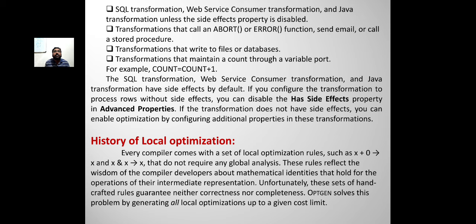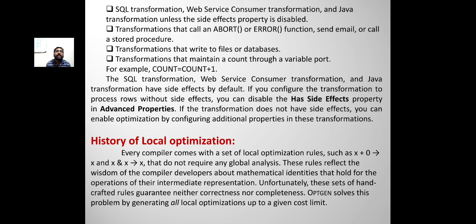The SQL transformation, web service consumer transformation, and Java transformation have a side effect by default. If you configure the transformation to process rows without side effects, you can disable the Has Side Effects property in advanced properties. If the transformation does not have side effects, you can enable optimization by configuring additional properties in the transformation.